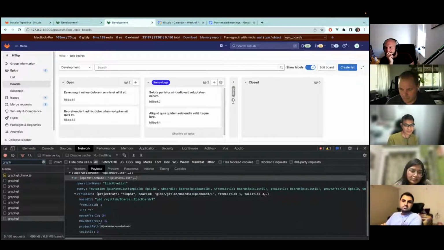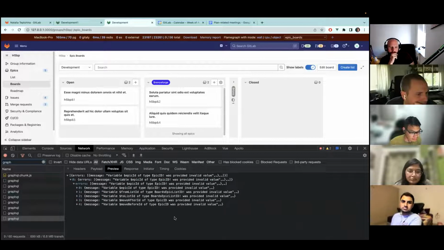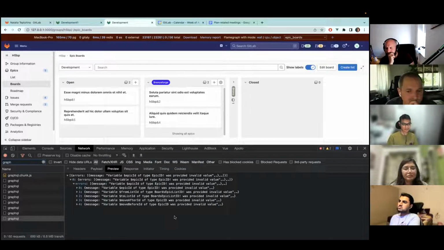I'm not sure why we have this difference in format. So I'm trying to pass IDs and my mutation fails, as it should, because it's the wrong type. Maybe we could eventually just bring it to the same format. I'm fine with moving issues to GIDs or moving epics to IDs or whatever, because applying a bunch of front-end logic on top of that, I'm not sure that is a good idea. We just split the logic for the same component, which is board list.